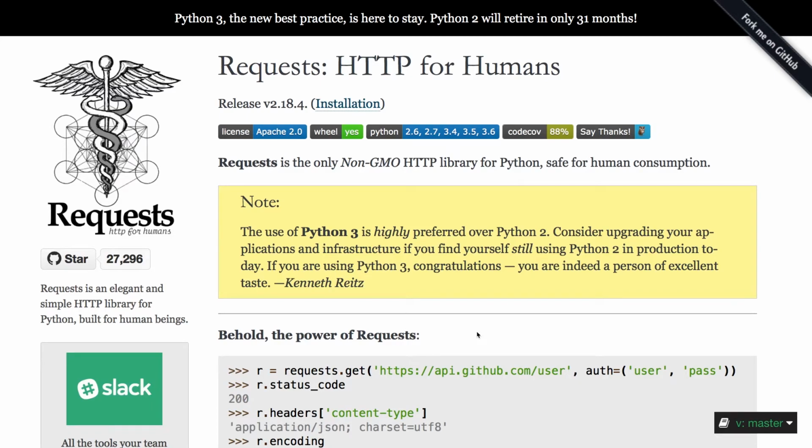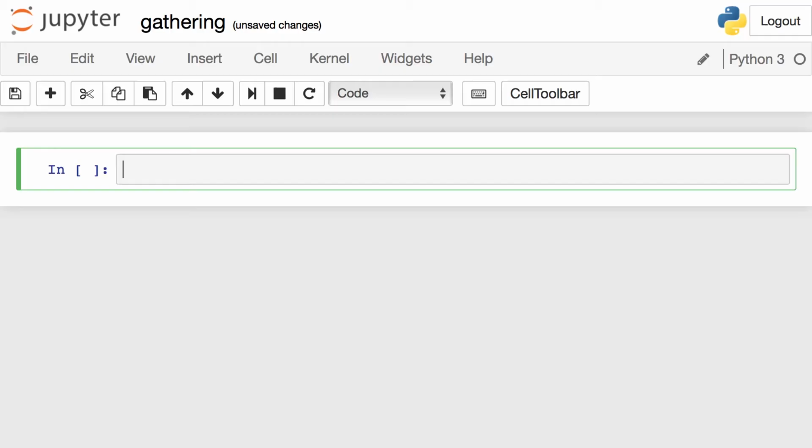Python's requests library makes HTTP requests easy. It has a method called get, which will send the request for us and return the contents of the file we requested, which for us is a text file, which we can then save to a file. This is how we programmatically download a file from the internet. Here's how it's done. It's super simple.